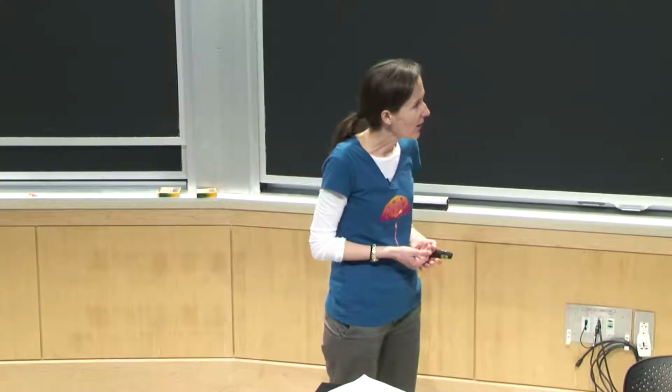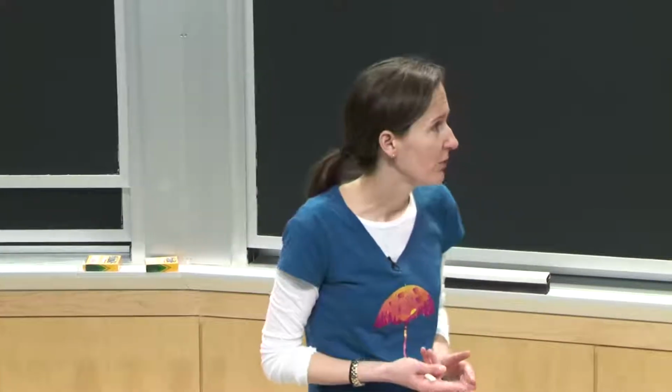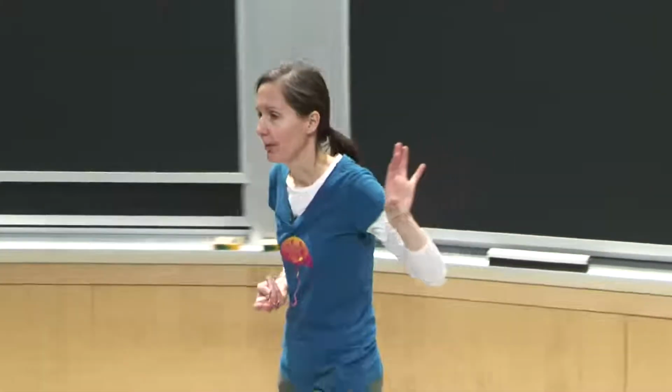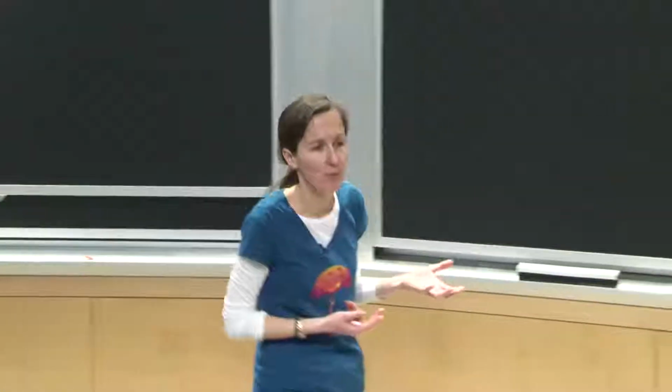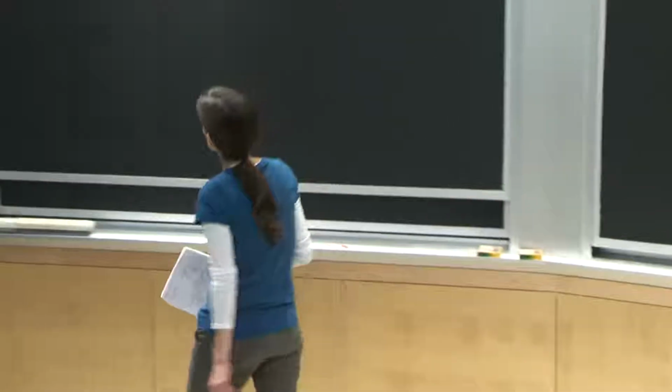Okay, so where we left off was with looking at how these optional domains can do chemistry on the upstream monomer. And the last thing we're going to do related to this assembly line is ask how is the polyketide released from the assembly line when the biosynthesis is over? And then we'll just do one exercise looking at the macrolide and working backwards. So last time we were looking at the domain organization to determine what sort of chemistry happens to a given monomer. We can do effectively the opposite, looking at a natural product and identify what those monomers and properties of the assembly line are. Okay, so in terms of chain release,